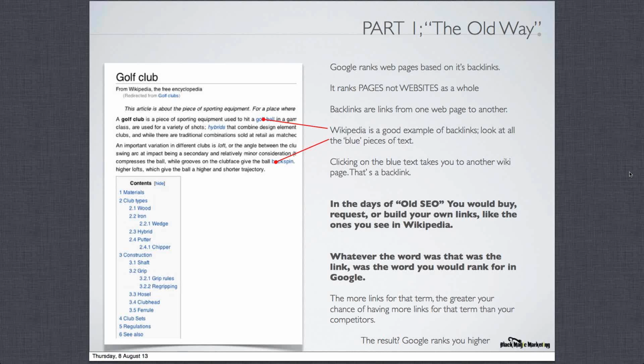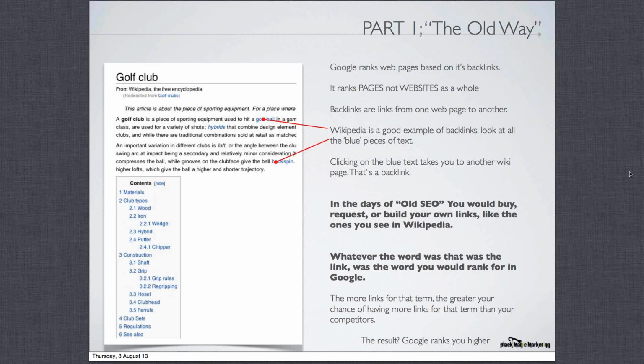People were able to manipulate the way Google ranks websites by just building specific links based around a word they wanted to rank for, setting it up as a link, which if you use something like WordPress is really easy to do, and away you go.